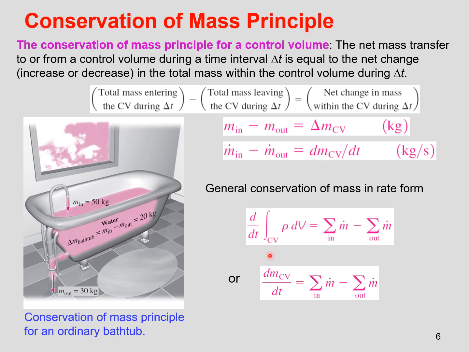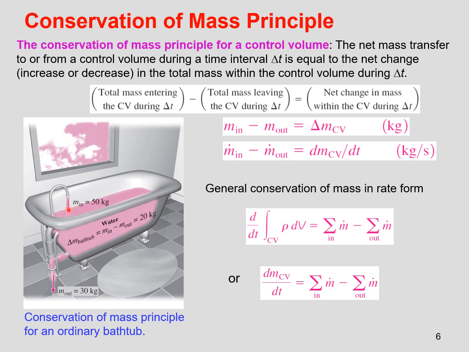We can write this in the most general way using an integral. But in our dealings, we're going to look at this as the time rate of change of the mass in the control volume equals the sum of the mass flow rate in minus the sum of the mass flow rate out. So here, for example, if you have a tub and we're filling the tub, we have 50